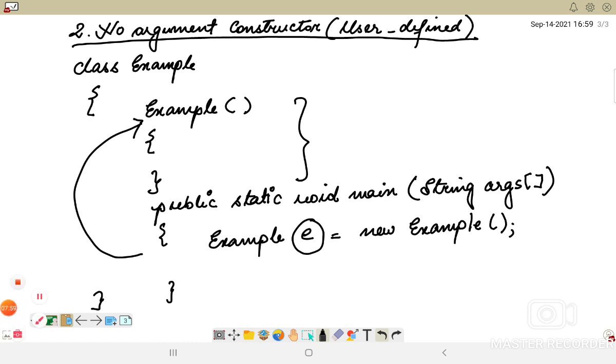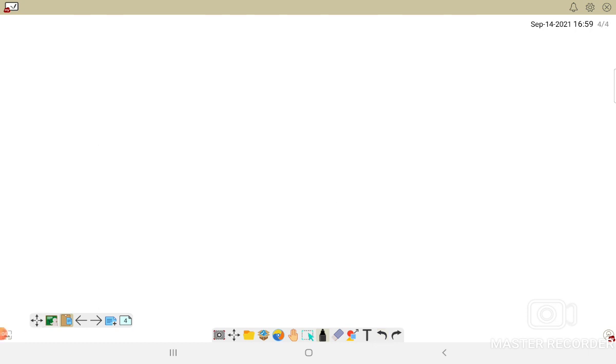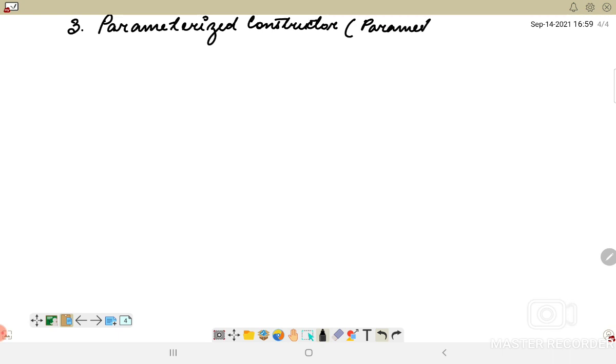So now we will be looking at the third type of constructor, which is known as the parameterized constructor. This we have already seen in my previous video, but still we will be looking at it. As the name suggests, this parameterized constructor will have certain parameters in it, so we will be able to pass parameters inside these constructors. So let me give you the same example, class Student,